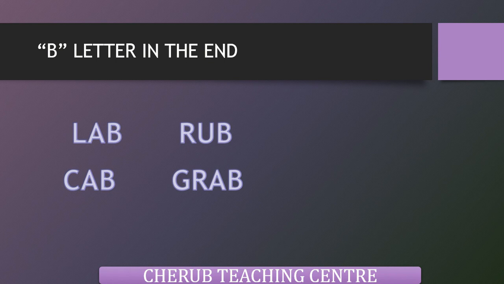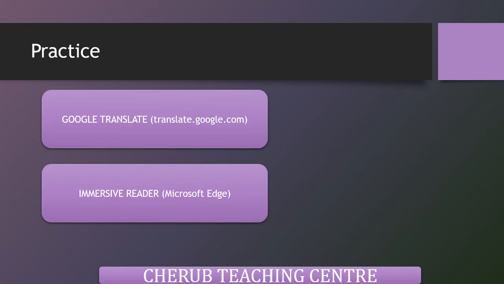It's my humble request, if you really want to practice pronunciation, pick up a paragraph daily, keep the pronunciation of the letters I have trained you so far in your brain, and then go ahead and practice it altogether. For practicing, I'm telling you two tools which you can ideally use. One is Google Translate. You can pick up any paragraph on Google Translate, record your speech through the speaker option, and then listen to your own voice in the translated-to section in English.